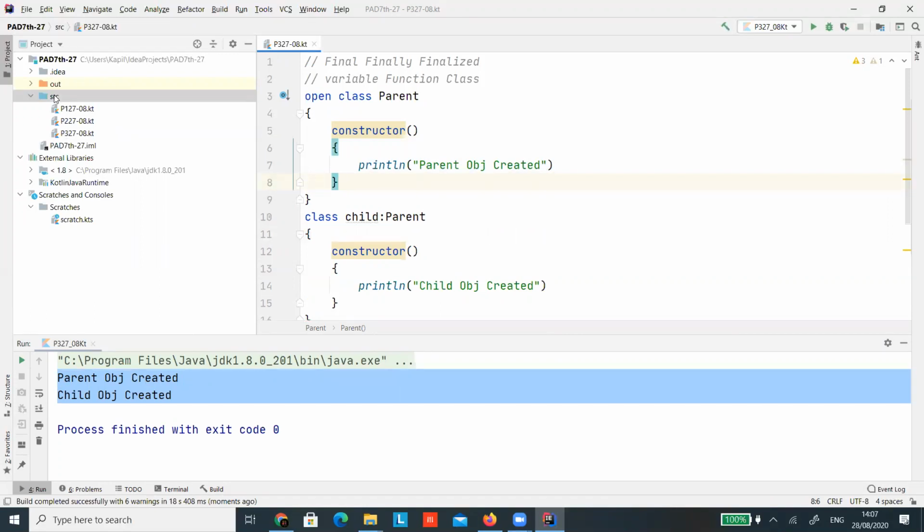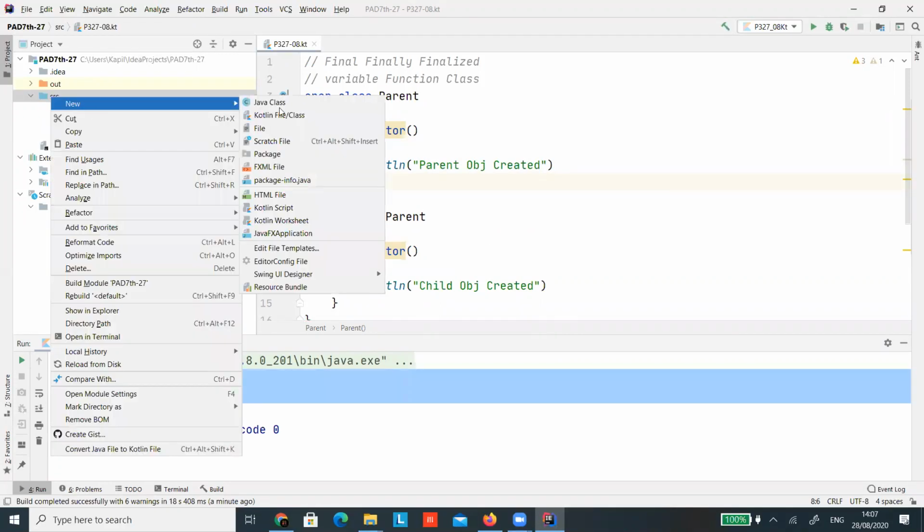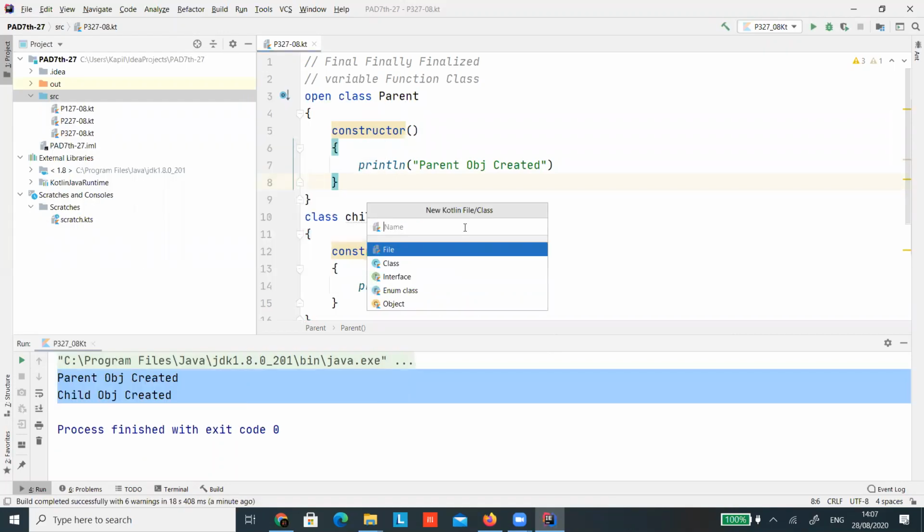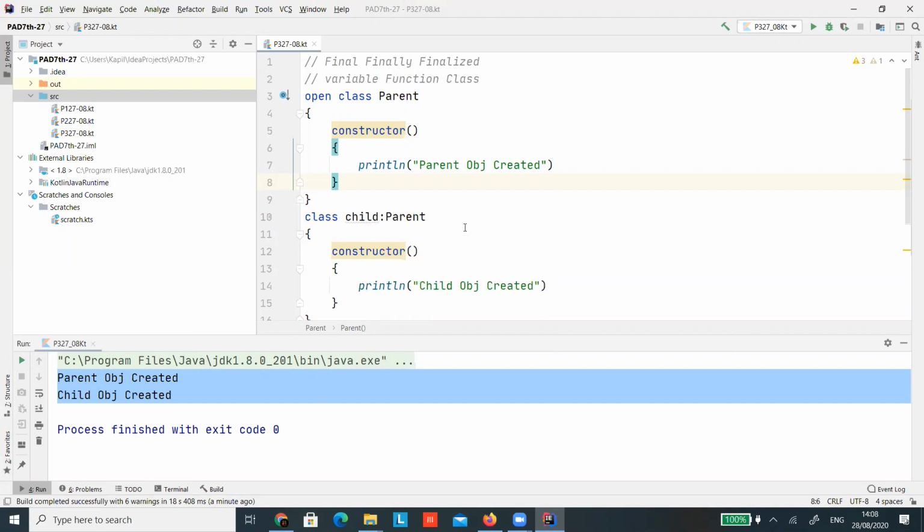Let me get the code file. Its name must be P12808.